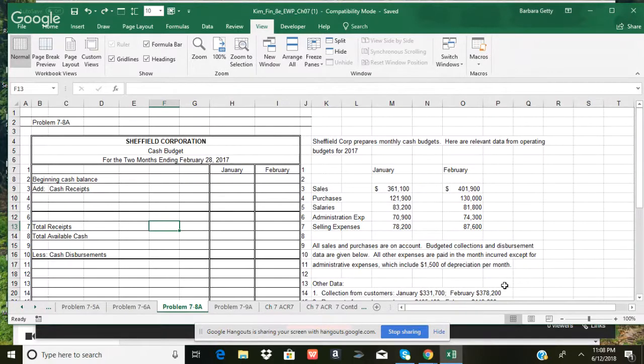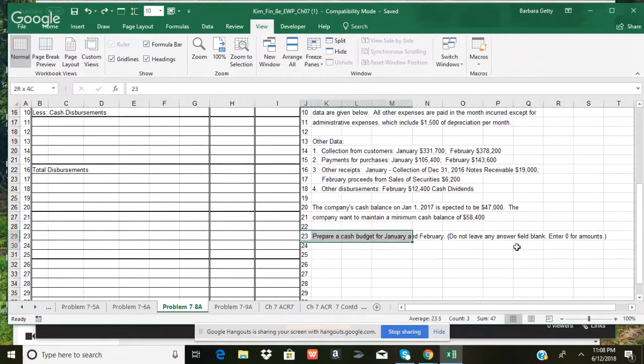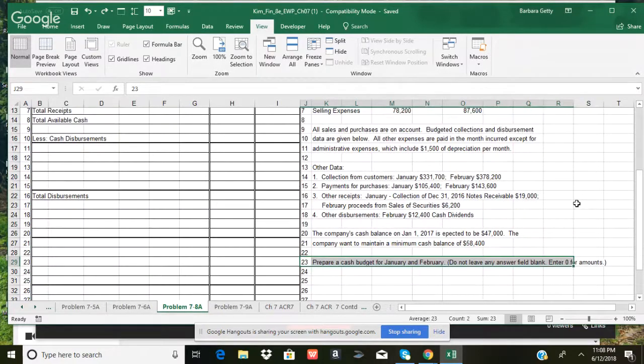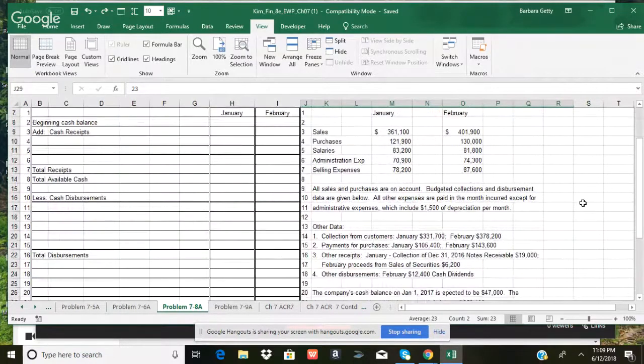So we have in front of us Sheffield Corporation, and they ask us to prepare a cash budget for January, February. So that's what we're going to do. We're going to do a cash budget for January and February. It tells us that